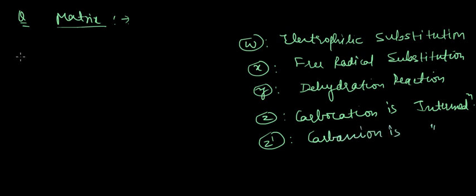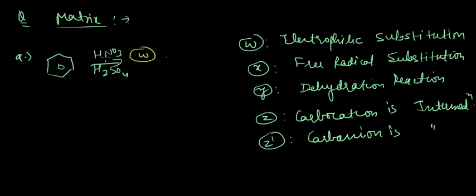Okay, so on the left hand side we have something like a benzene ring which undergoes HNO3 and H2SO4. So what are all the matching criteria in the left column for this A reaction? Obviously there would be electrophilic substitution. This is an example of sulfonation. So SO3H would be added to this compound, it would be an electrophilic substitution reaction, and another is carbocation would be the intermediate. Okay, let's see B example,